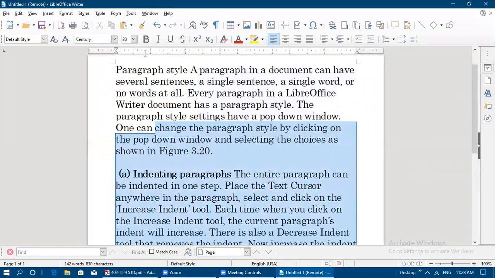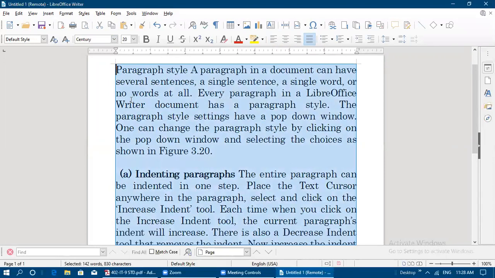And we can apply alignments also. So now we can do justified, that is Control plus J, justified alignment. Now you can see the left side and right side of the margin, equal spaces are allotted for the paragraph.